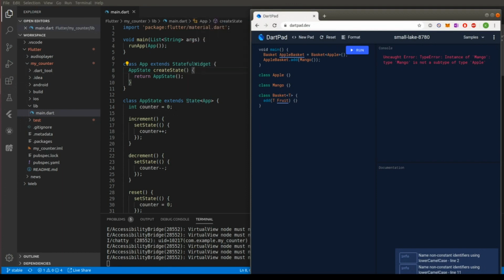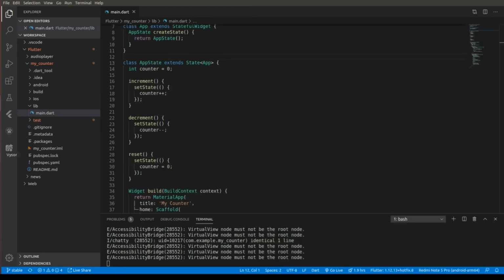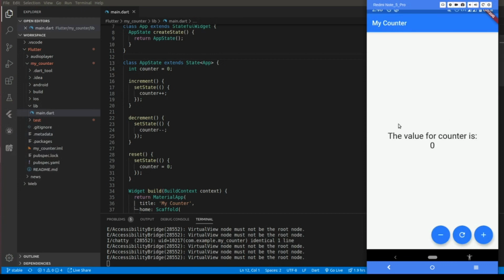This State class, which has been extended by our AppState class, has been told that nothing else should be able to re-render this whole widget except this method or this class, the exact same way it happened over here. And you will ask, why is it necessary? Now let's suppose that we had this app over here, and let's suppose that this is not a stateful widget, instead it's a stateless widget. So what would happen is, when you press an increment button,